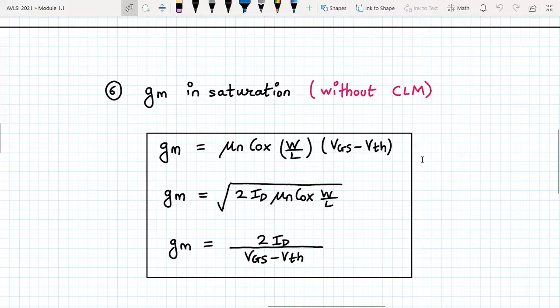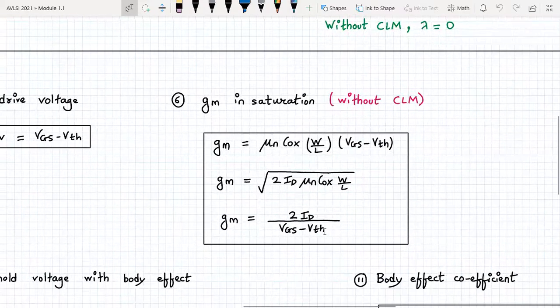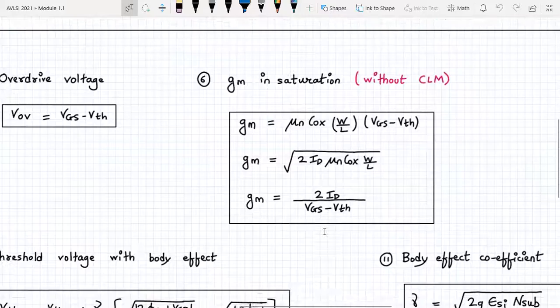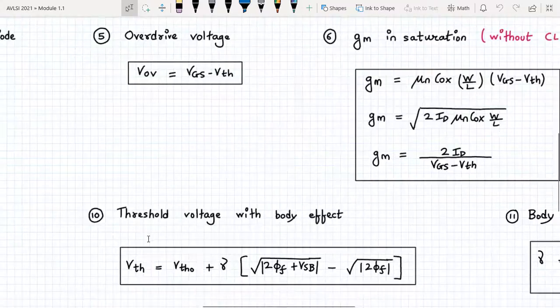So as per the applicability and the data given, these 3 equations can be used. The first equation can be used if the value of only VGS is given. The second expression can be used if the value of ID is given, and the rest of the parameters are given. And the third expression can be calculated whenever ID and VGS are given and all other parameter information might not be given. So we have to use them wisely according to the situation.